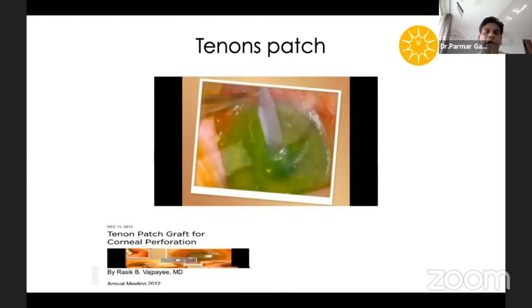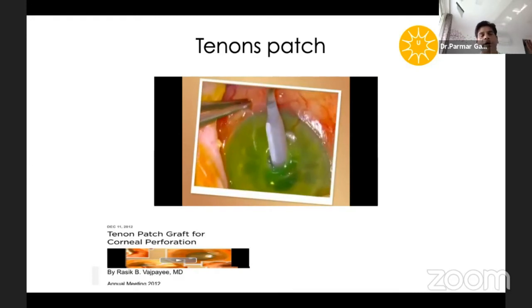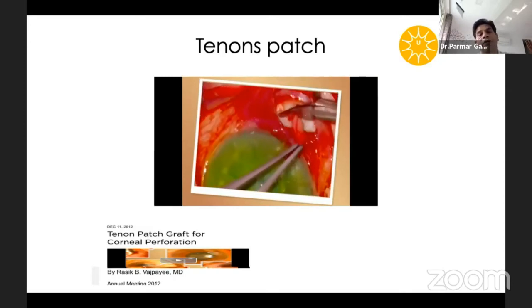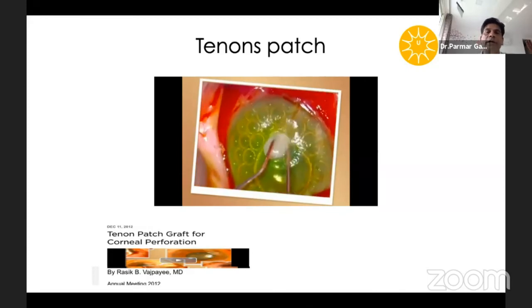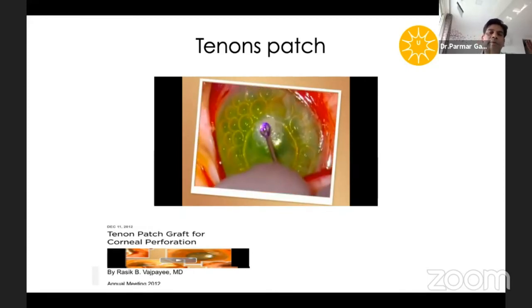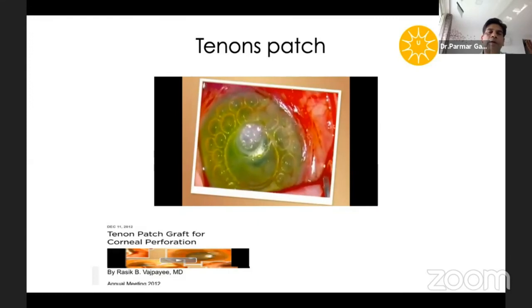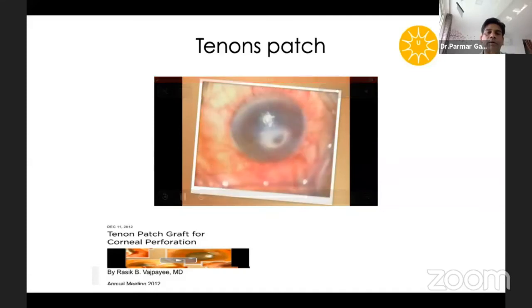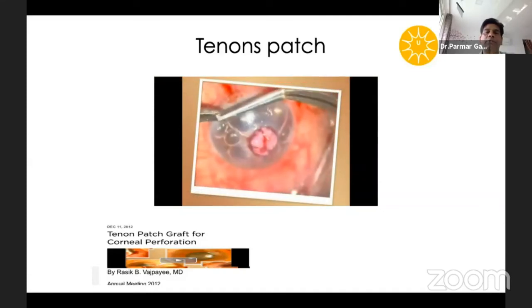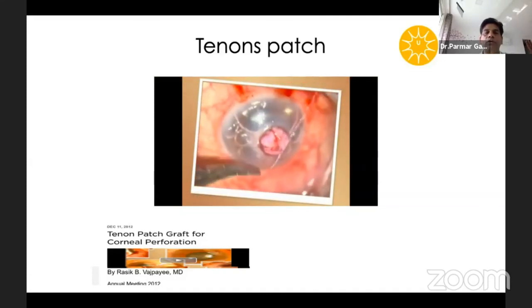So here this is the technique how we can use this Tenon's patch tuck inside the gutter made before, and using cyanoacrylate glue to secure it. Okay, sometimes suture can be used to secure it. Maybe a combination of suture as well as glue can be used.